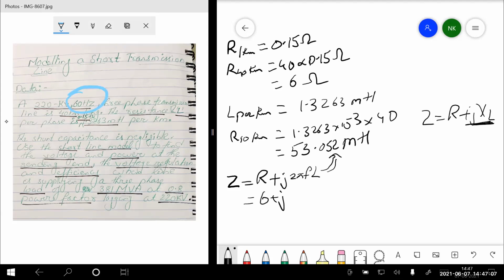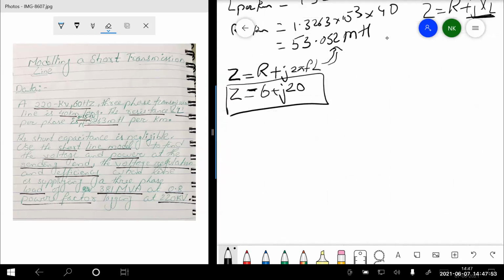1 second. I have opened a lot of things. Wait. Yeah. What will it be? 106.104 into pi into 10 to the power minus 3. Pi, you have not calculated, sir, 0.31. It will be 20 ohm, sir. So 20, we write in henry, so 20. Sir, only 20 ohm will come. Okay, both in ohms, let the units of both be the same, right? So 6 plus 20, Z equals 6 plus 20. Fine, we got this part.